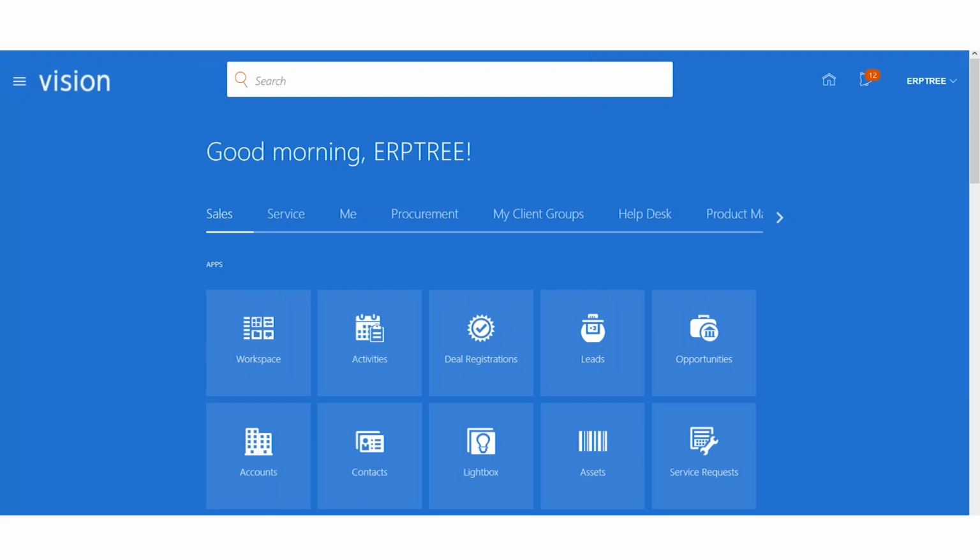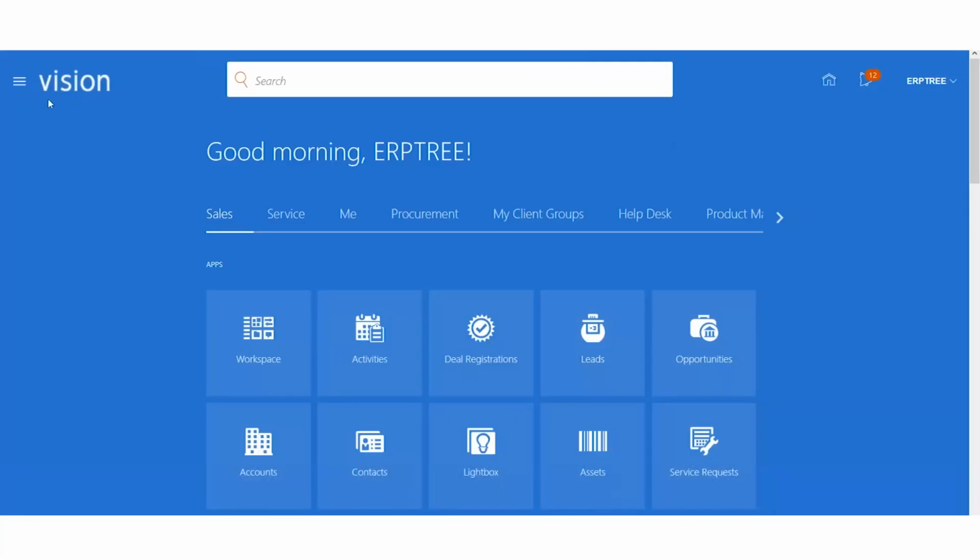Once you log into the instance, you will land on this home page. You will understand all these points, what you see in this section, everything. But now let's target how to create the user. Slowly we'll understand each and every point here. Now let's focus on user creation. To create the user, you have to click on this navigator icon. It's a bar icon, on the left side at the top corner. Just click on that navigator icon.